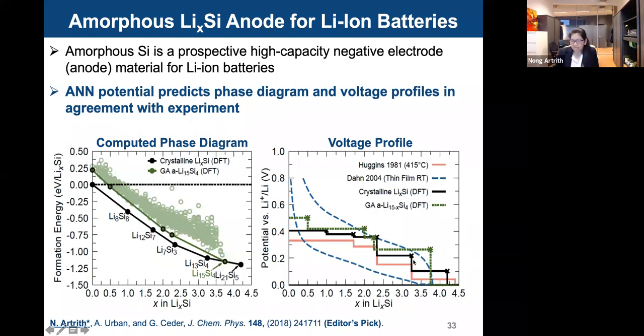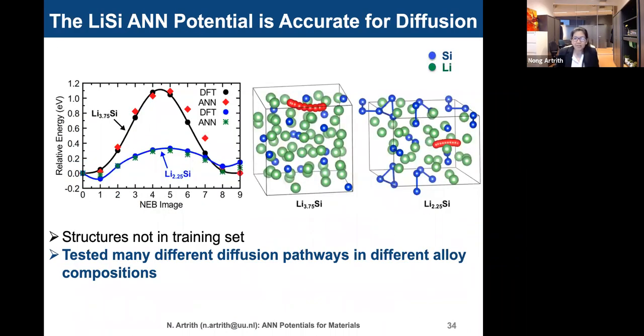But actually, understanding lithium transport in amorphous silicon based on simulation really requires large structural models because of the complicated amorphous phases here. I just show here, we also tried to validate our neural potentials for lithium diffusion paths. As you can see here, the agreement between our neural potentials and DFT is excellent with many different paths, and also different compositions of lithium in the structures. When the battery is cycling, lithium is inserted and also extracted, right? There are so many different